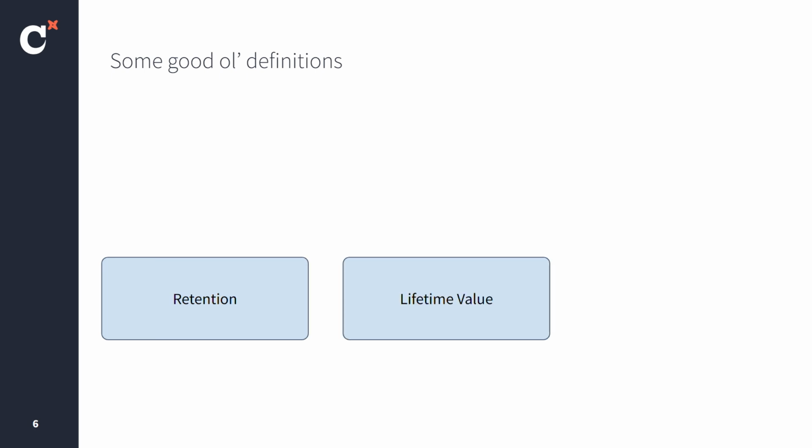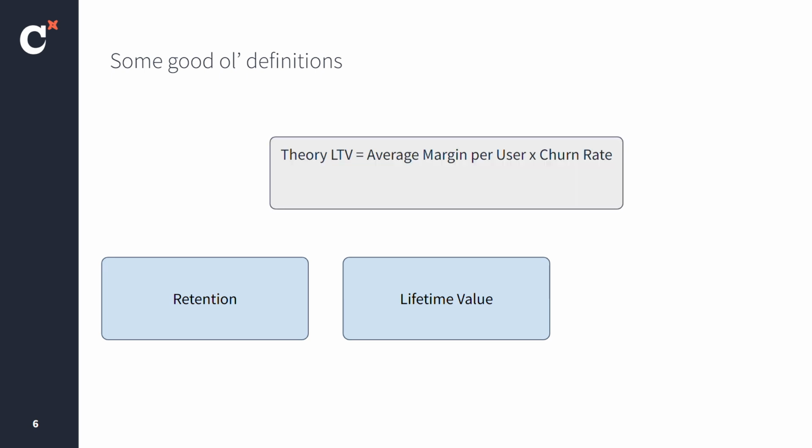The second metric we're going to look at is lifetime value. I think that's also another pretty common one. So when you check online about how you can define LTV, what you typically see is the average margin per user. Sometimes you look at it from a revenue perspective. That really depends on your business. And then you multiply this by churn rate. And as an example,